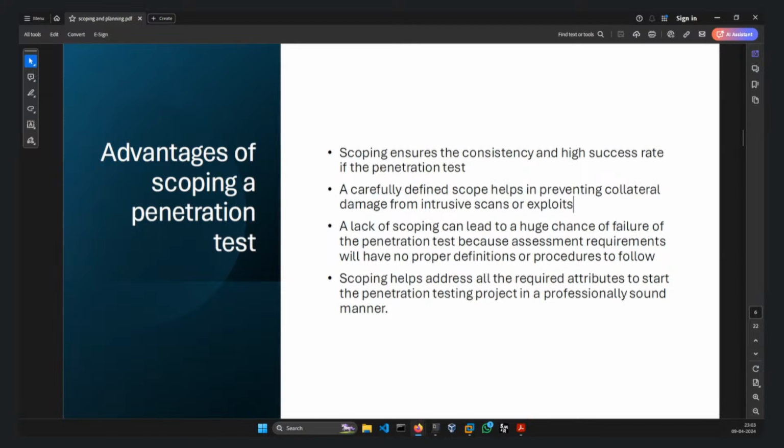Don't worry, let's just complete the scoping and planning part. Penetration testing is not just running some tools and doing exploitation. You need to work in a professionally sound manner. We mean that professional work should be